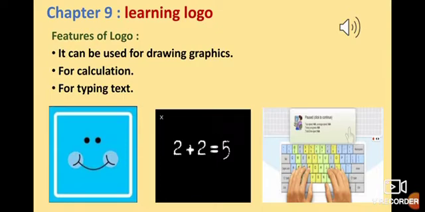The next is it can be used for typing text, like suppose you can do any writing work in it. It is possible to do the writing work with Logo. So these are the different features of Logo. Let us see in the next slide what is there more about Logo.